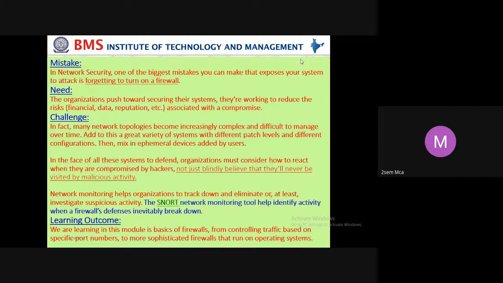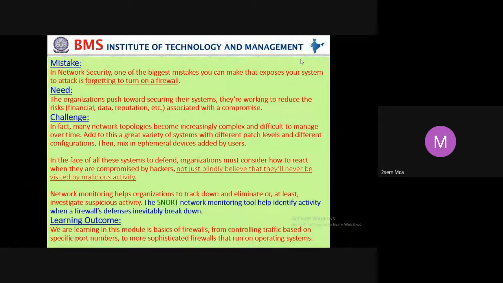Today you are a student, tomorrow you are going to become an IT professional or ITES professional. Suppose the college database is compromised by a hacker: your credentials are there, like date of birth, name, address, income, and the income of your parents. Such information might be given during the admission time. If any compromise happens inside the network or from external attackers, then